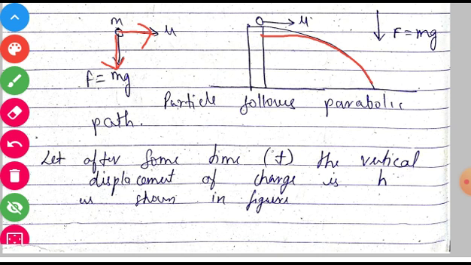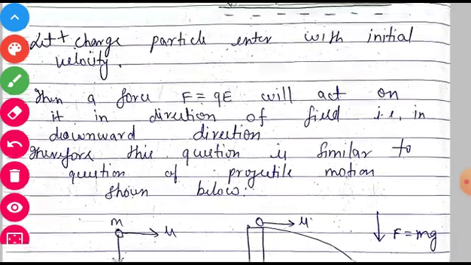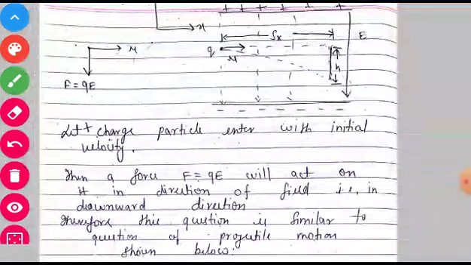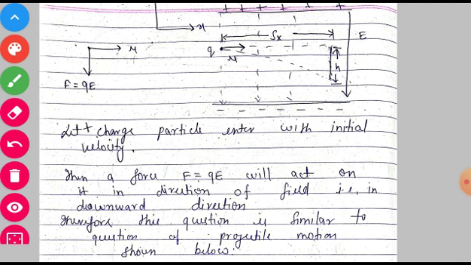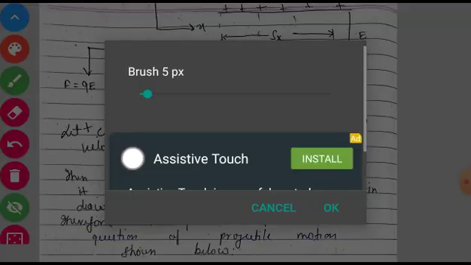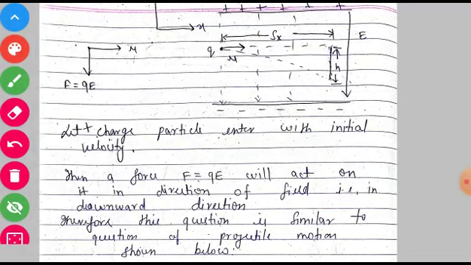So now you got some hint why it will go in a parabolic path. Okay, now coming back to the discussion, I have assumed a positive charge q enters this field with some velocity u, and we know that there will be a force F equals QE in the downward direction. Because of this pure force QE, it will undergo the parabolic path. Now we have to analyze